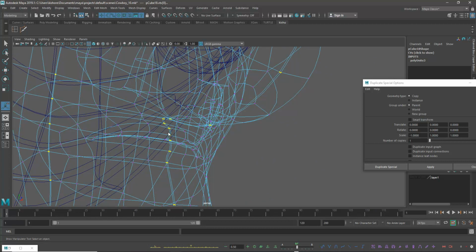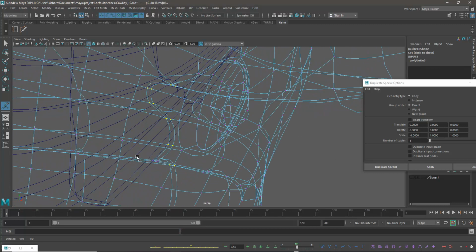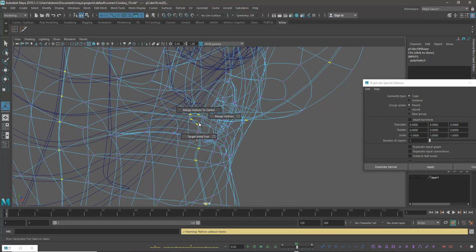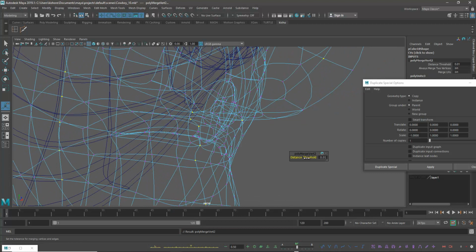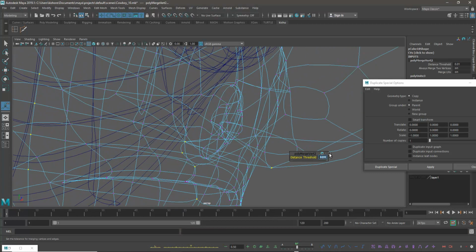So now what we are doing: merge again, deselect this complete area. Now you can use 0.005.